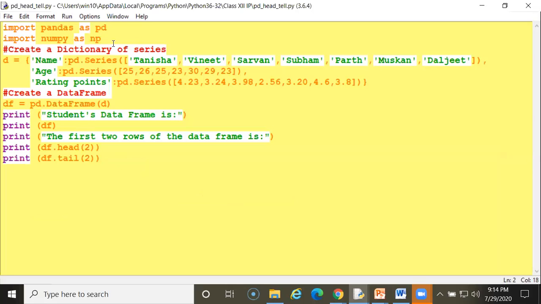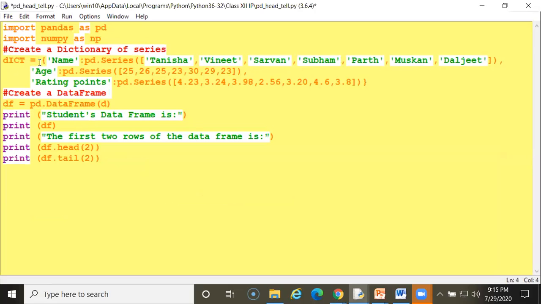Now I am creating a dictionary. Dictionary, you know, you have already done in class 11. So D is a dictionary. You can write any name here. I am writing dict, any name.